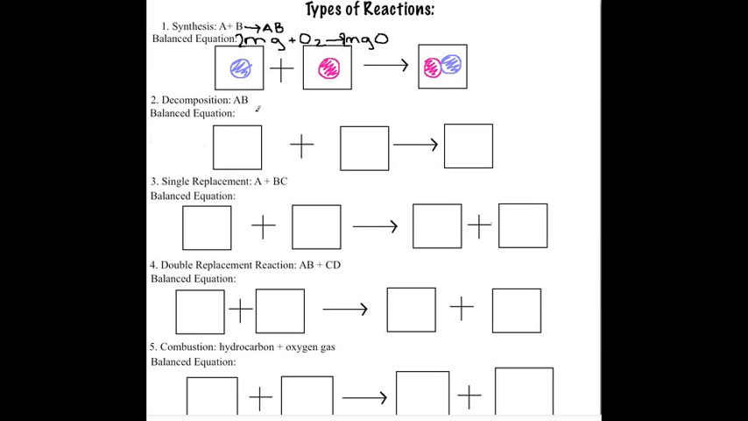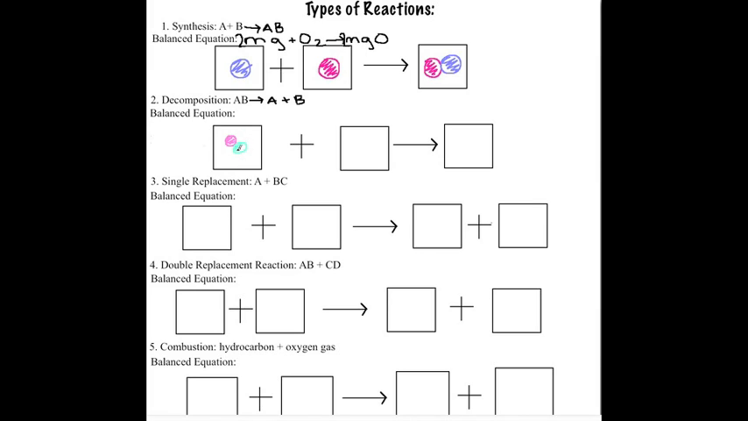Now, decomposition is the exact opposite. You have 1 compound, and when it reacts, and we'll look at what makes it react, it's going to break apart. It's going to decompose into A and B. Pretty simple. So, for example, if you have a compound that looks like this,